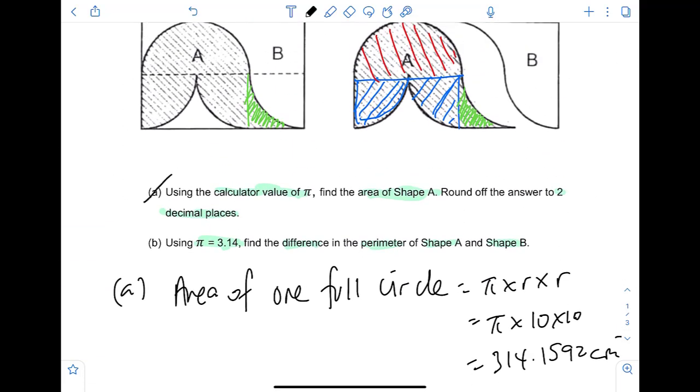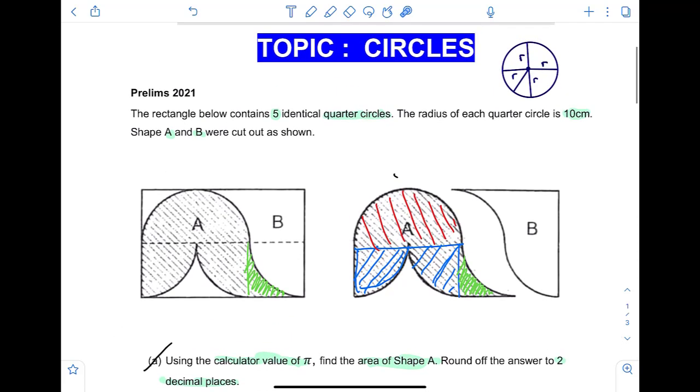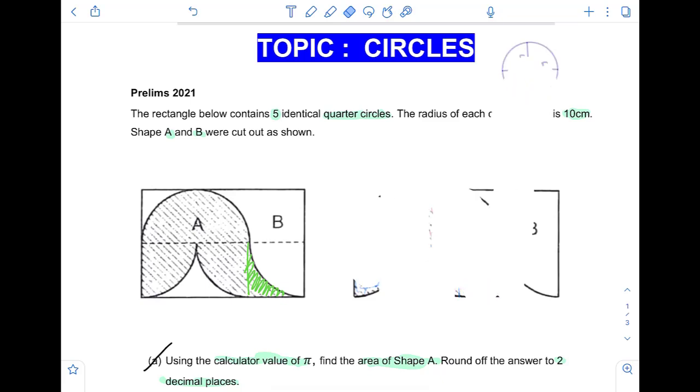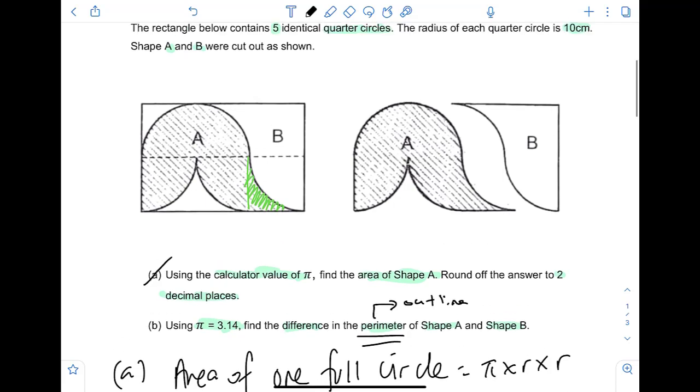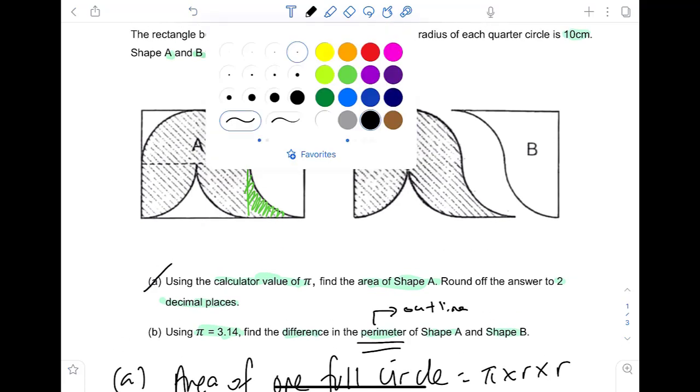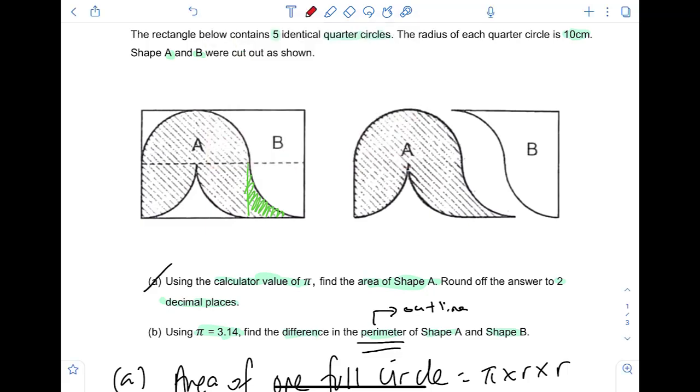Done. Now, using pi to be 3.14, find the difference in the perimeter of shape A and shape B. Let's do this at the top. Shape A and shape B. Perimeter means outline, outside line. So for shape A, what is the outside line? The outside line will be this semicircle here,